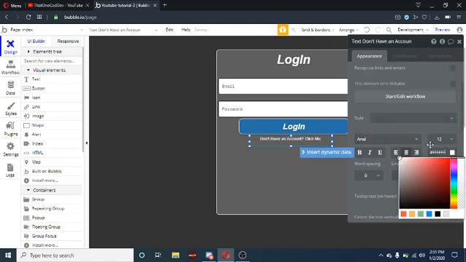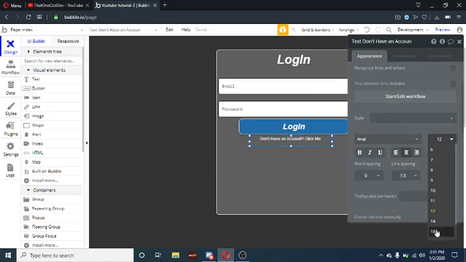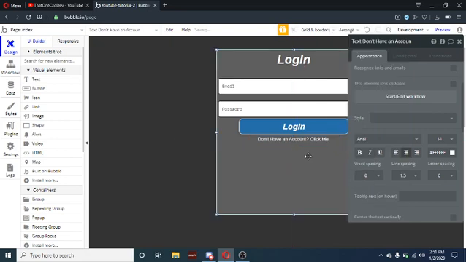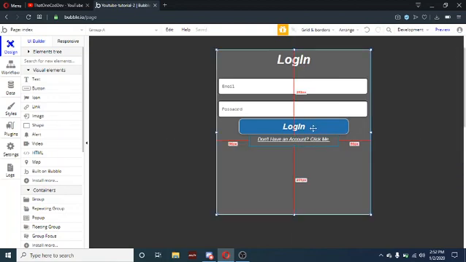I'm gonna make mine like that, like that. I'm gonna make mine 8, no, let's make it 14. Okay, I want it all to fit, so that, center horizontally, there we go. Don't have an account, click me, and then I'm also going to underline it, saying, hey, click me. Not going to bold it, italic, yeah. Then you're going to, just leave that there for now, and then I'm also going to Control C, Control V